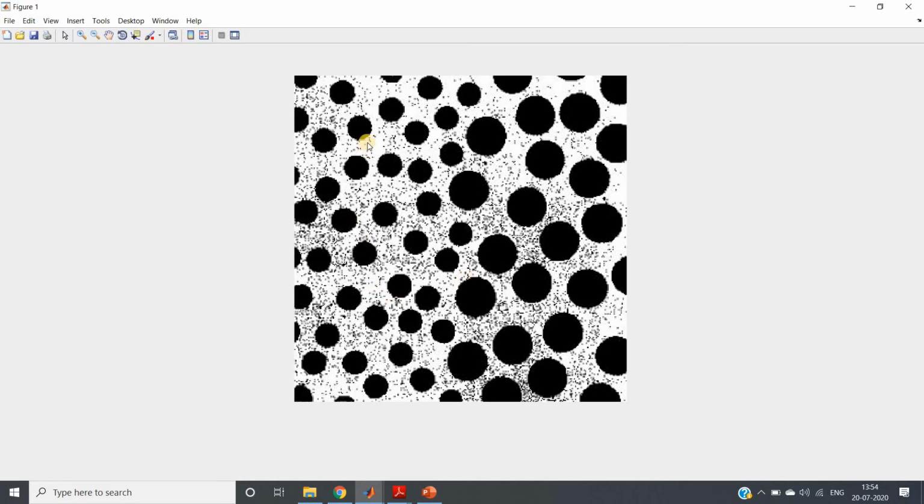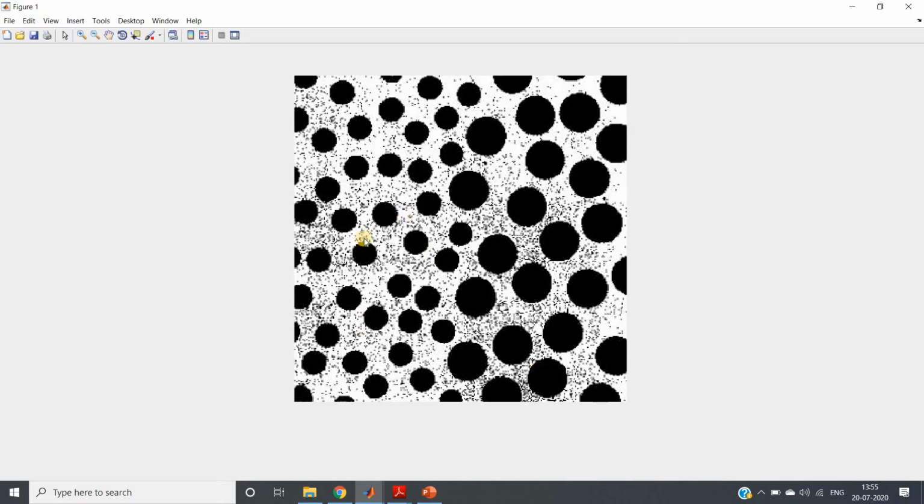Now tell me how I can make one border line dividing these two different textures. One possible way is, first of all, I will remove all the small disc shapes present in the left hand side. So I want to remove all these smaller objects but keep the larger objects intact. So what do we generally apply? Opening, right? Erosion will remove all the small objects, but due to the application of dilation, whatever shrinking happened in the large objects will get back their original size.